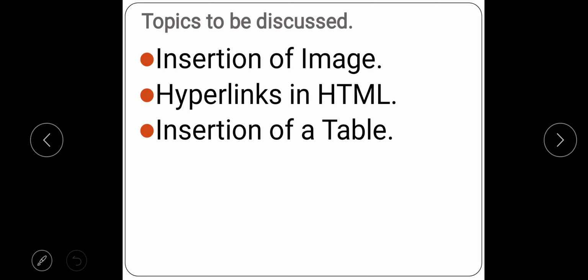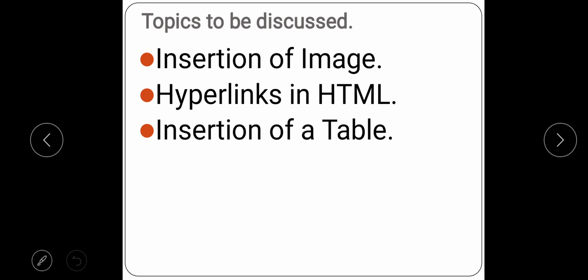You can see any website, you will definitely get hyperlinks on it. Since it helps to link different web pages of a website, by simply clicking on it, the user is taken from one page to another. So, hyperlinks are a very important concept when we are trying to create a website.